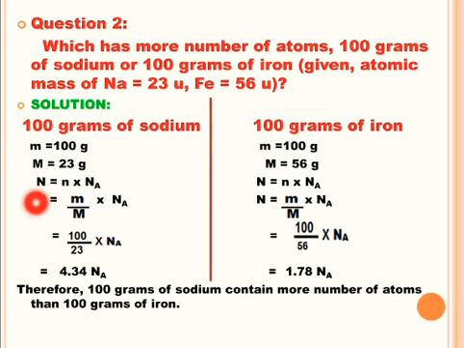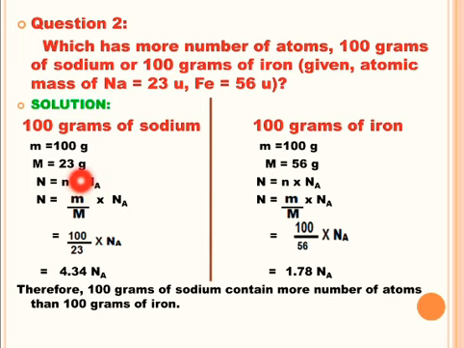Yes, it is capital N is equal to small n multiplied by Avogadro number. Students, again you can see that capital N we have to calculate and Avogadro number value we already know, that is 6.022 into 10 raised to power 23. But we are not given the value of small n, that is number of moles. Then how can we calculate the value of small n?